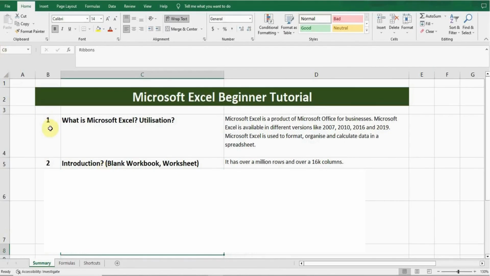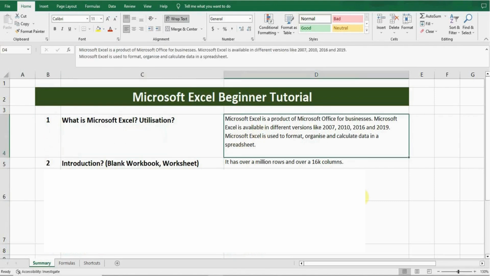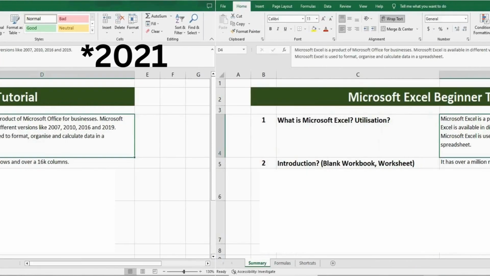Number first, what is Microsoft Excel and what is its utilization? Microsoft Excel is a product of Microsoft Office for businesses. Basically, Microsoft Excel is available in different versions. The old versions were 2007 and 2010, and the most recently used versions were 2016 and 2019, and we are waiting for the